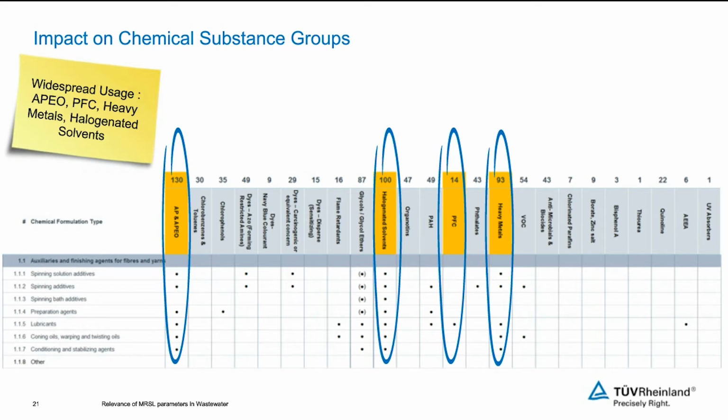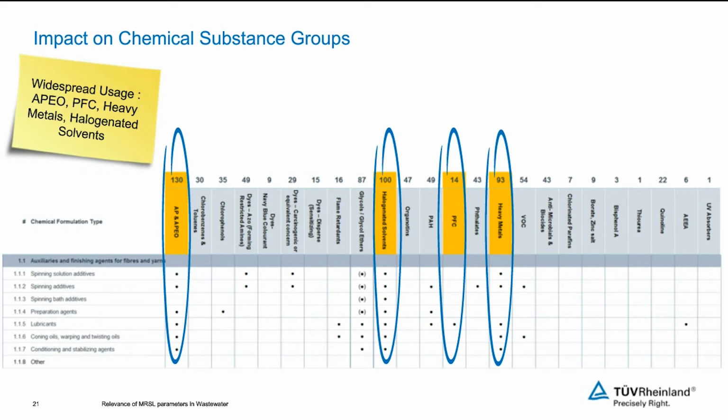When we compare with the chemical substances, it is found that APO is found in 130 chemicals, halogenated solvents are found in 100 chemicals, PFC is found in 14 chemicals, and heavy metals are found in 93 chemicals. So this is the impact on chemical substance groups when we refer to the MRSL